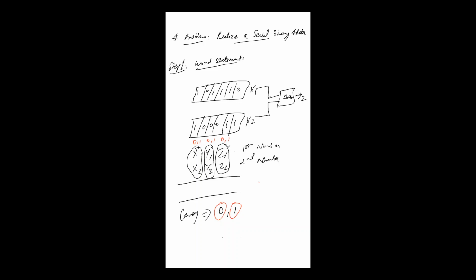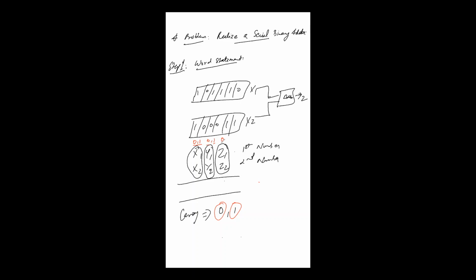Let us suppose this is an LSB and this is the first bit. So here carry is always 0. You can also see that. But in the addition of the subsequent bits, the carry can be either 0 or 1. You do not know, right? At this point, you do not know because the number can be anything. So you can add Z1 and Z2, Y1 and Y2, X1 and X2 depending on the state of the carry. Carry can be 0 or carry can be 1, right?